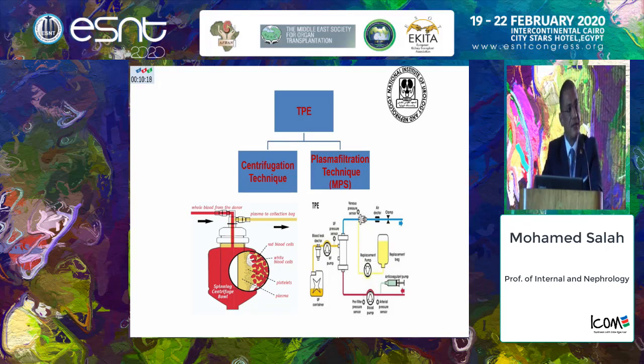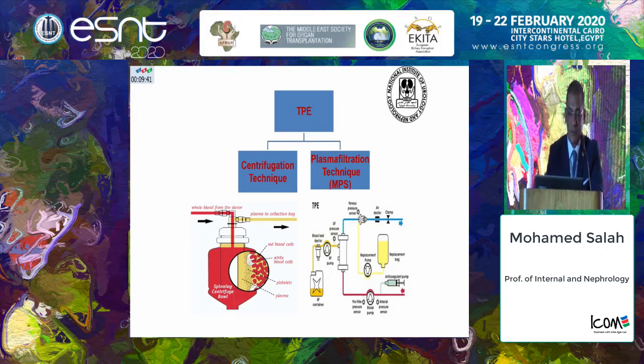While in plasma filtration technique, blood is taken from the patient from the arterial side, as what we do in dialysis, and then through the plasma filter with ultrafiltration pressure sensors, and using the pressure and the bigger pores of these filters, the plasma is separated to the effluent bags, and the remaining blood returns back to the patient with the replacement solution,